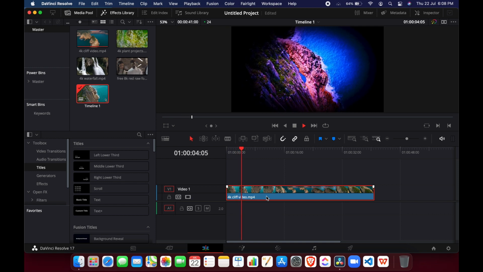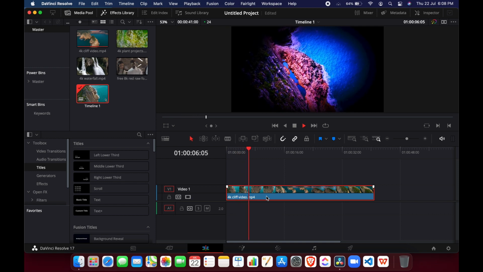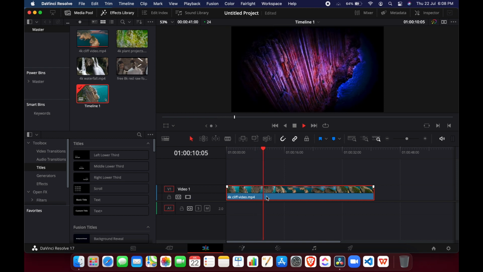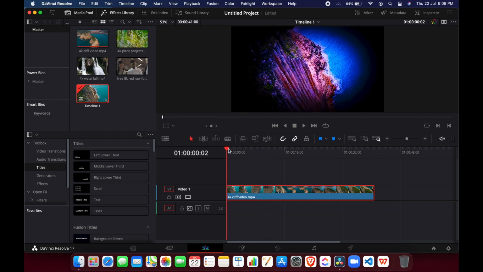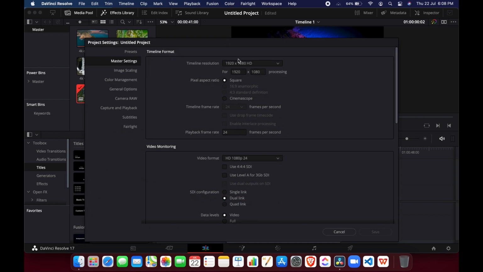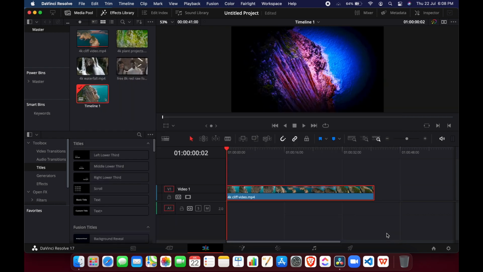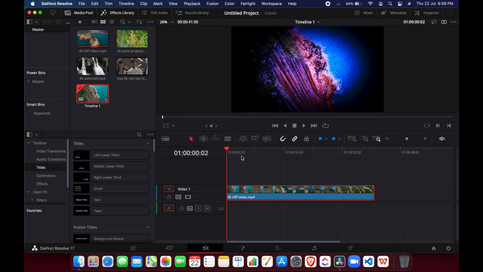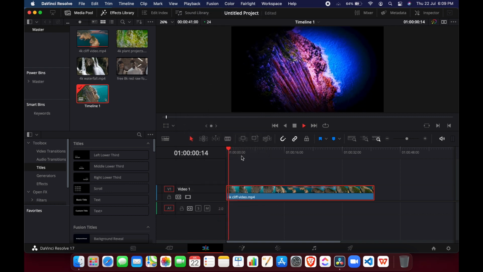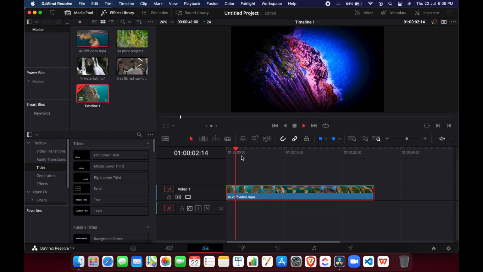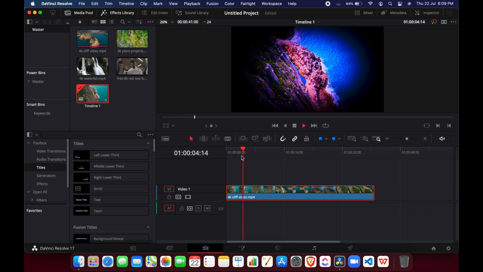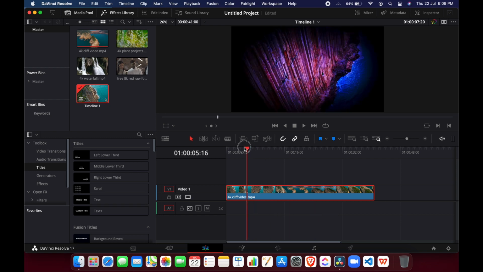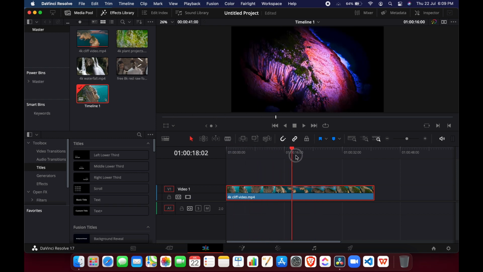now the playback is perfect. We have all the color grades applied, but we have dropped the timeline resolution from 4K to HD. Okay, let's lift it back up to 4K, and now let us drop our timeline resolution from here. Let's set it to half resolution and let's play that back. So that is playing back perfectly too, and the scrubbing is also nice and smooth.